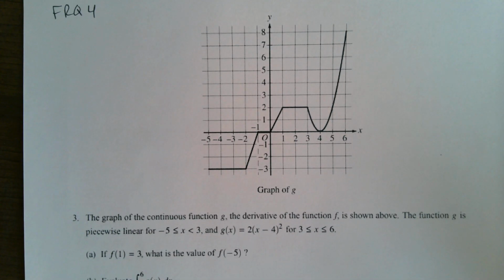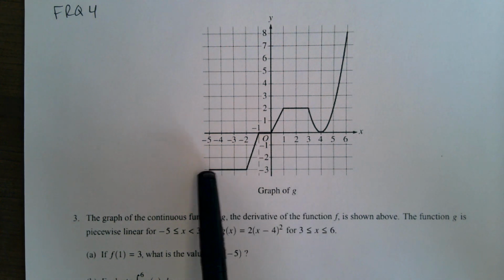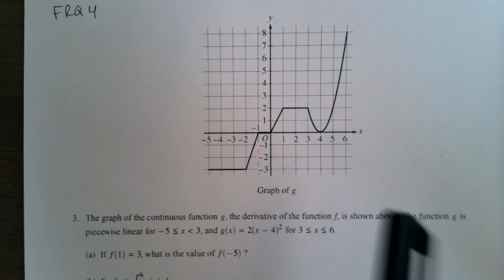Okay, guys, so here's this one. So the graph of the continuous function g, the derivative of the function f, is shown above. The function g is piecewise linear for -5 to 3. What they're telling you there is that all of its parts, like its pieces, are all lines, so it's piecewise